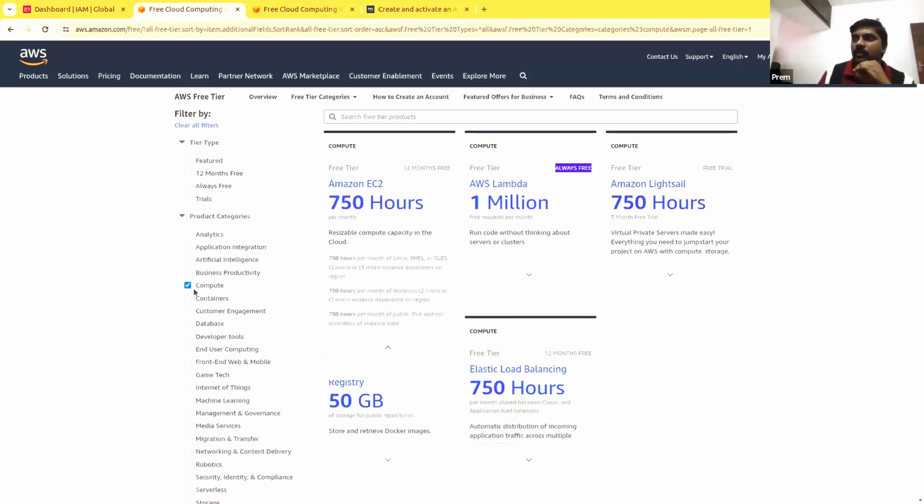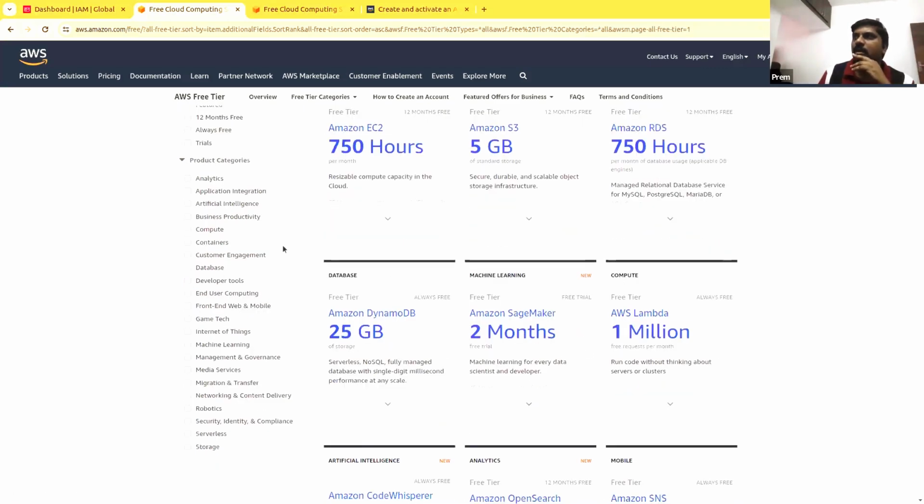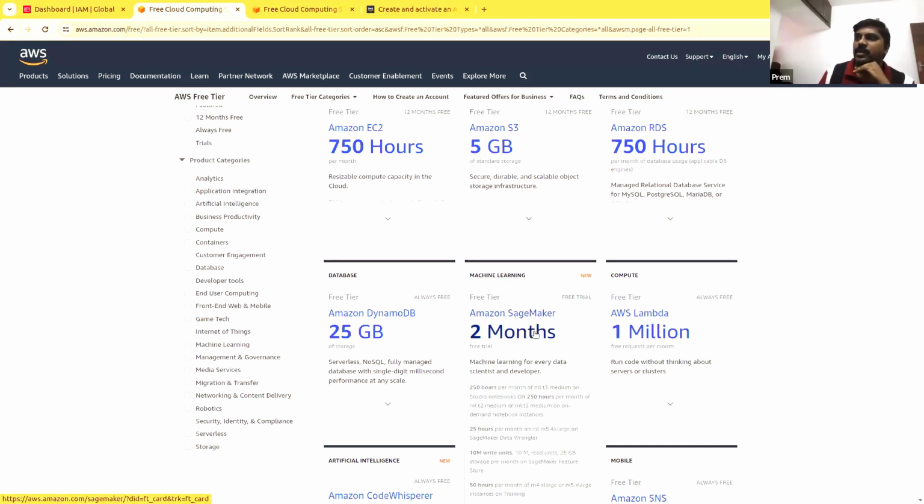Okay. And like this, there are free and always free offerings. For example, Amazon SageMaker is free for 2 months. This is for machine learning, so you can experiment for 2 months. I mean, 250 hours per month, I believe. Yeah, 250 hours per month for 2 months you can try.